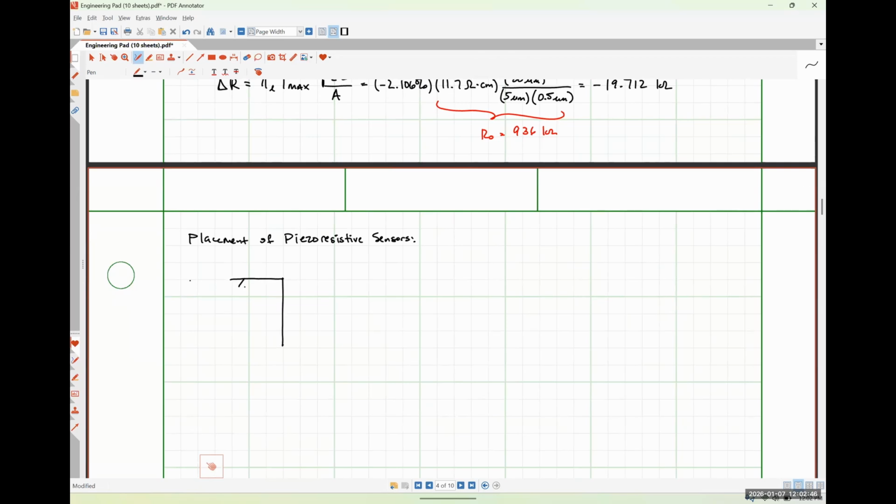So this is our anchor, and this right here would be representative of our beam. For obvious reasons, we want to place our piezoresistive sensors at the anchor point whenever possible, because that's the point that's going to experience the most stress and the most strain, right? So from there, we have two options. We can dope our piezoresistor, meaning that it becomes part of the beam itself,